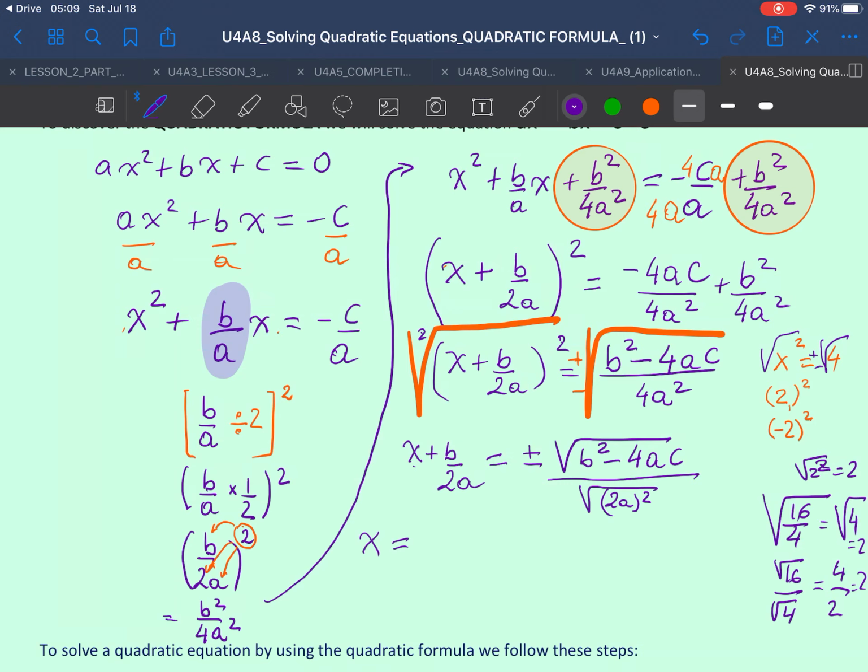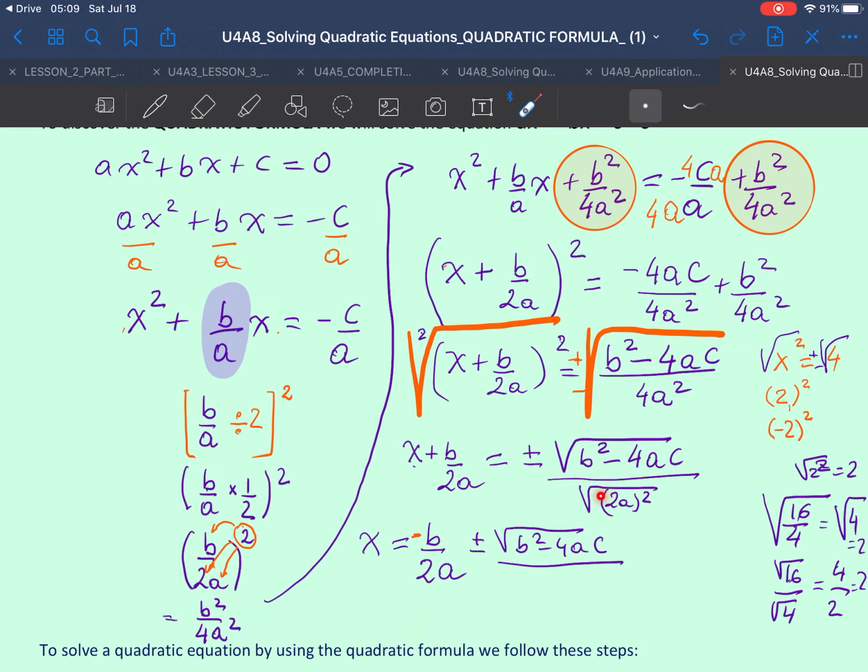And now I'm going to take b over 2a, that is on the left side of the equation, to the right side of the equation for the sole purpose of isolating x. And one thing I should remember, it will become a negative. And then we still have plus or minus the square root of b squared minus 4ac divided by